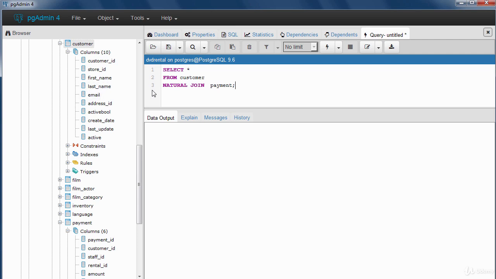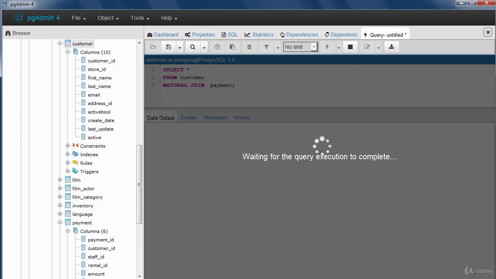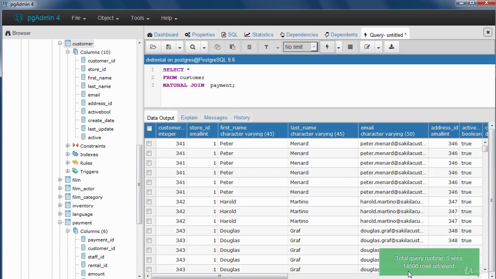So what should happen? It will return columns from both tables. Let me run that so you can see. So it has returned over 14,000 records from both tables. So this query here is basically the same as an inner join. All right. So if I was to modify this, to an inner join, it will give me the same result. Say for example, I do